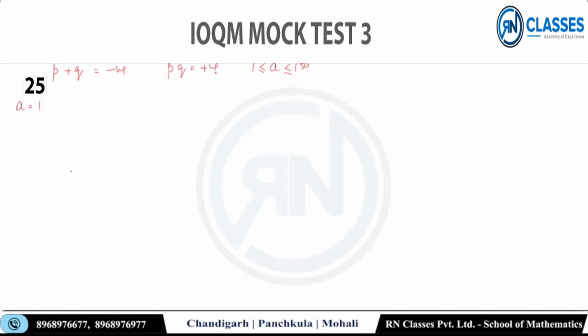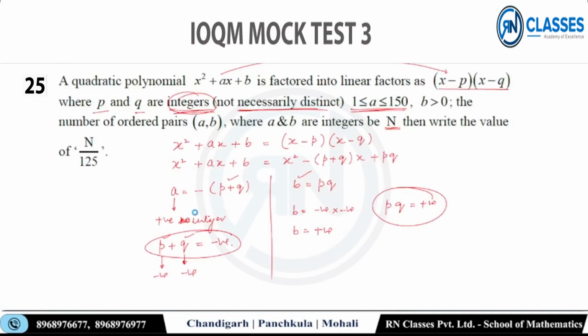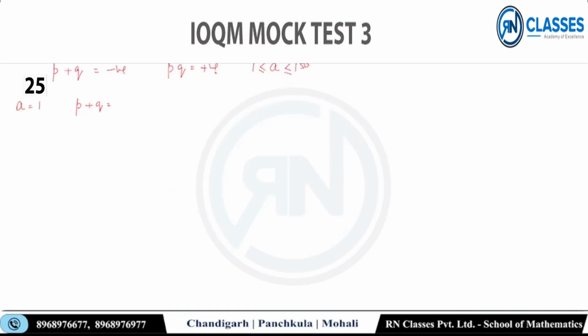सो a को अगर मैं 1 ले लूं, ठीक है, a को 1 लिया, p plus q क्या हो जाएगा? ये कैसे पता चलेगा p plus q नेगेटिव? तो मैं एक काम करता हूं, a को भी लिख लेता हूं। a is equal to minus of (p plus q), और b के बारे में भी लिख लेते हैं, b is equal to pq. यही था मेरे पास। सो अगर a को मैंने 1 ले लिया यहां पे, तो p plus q क्या हो जाएगा? -1। अब बोलो, p and q दोनों इंटीजर्स होने चाहिए, एक -1 एक 0, ठीक है,